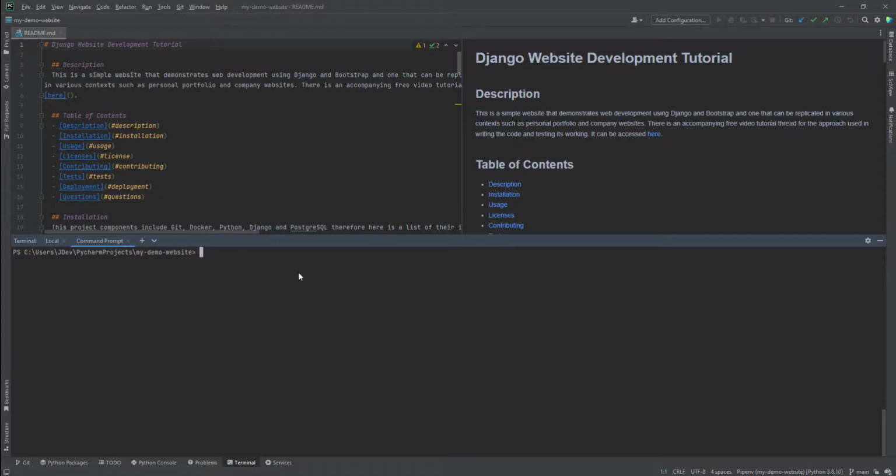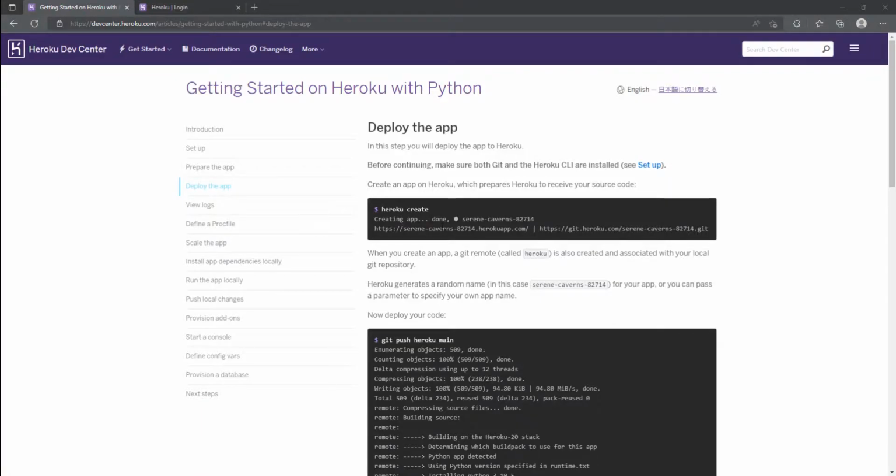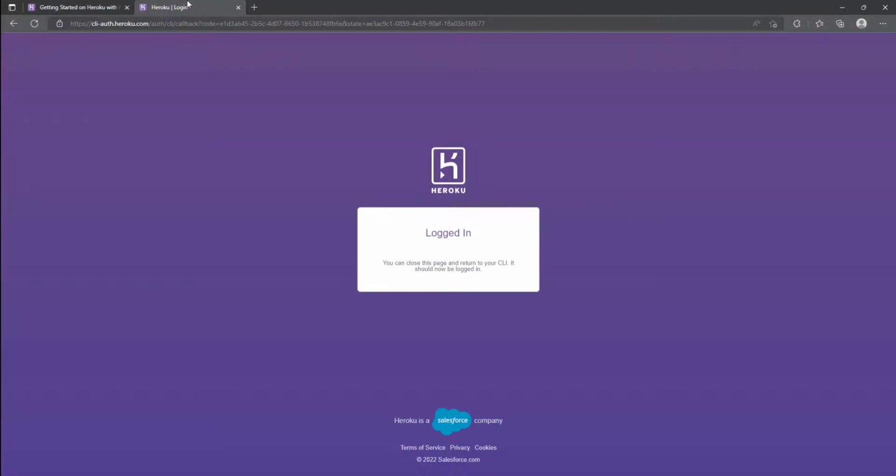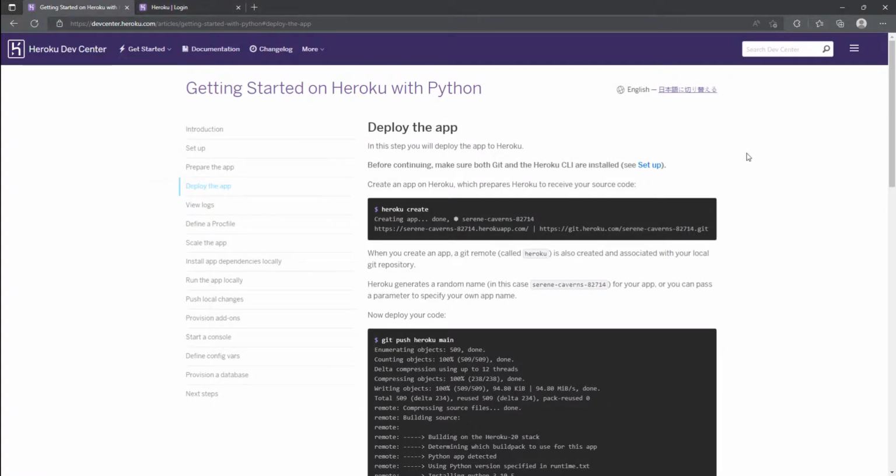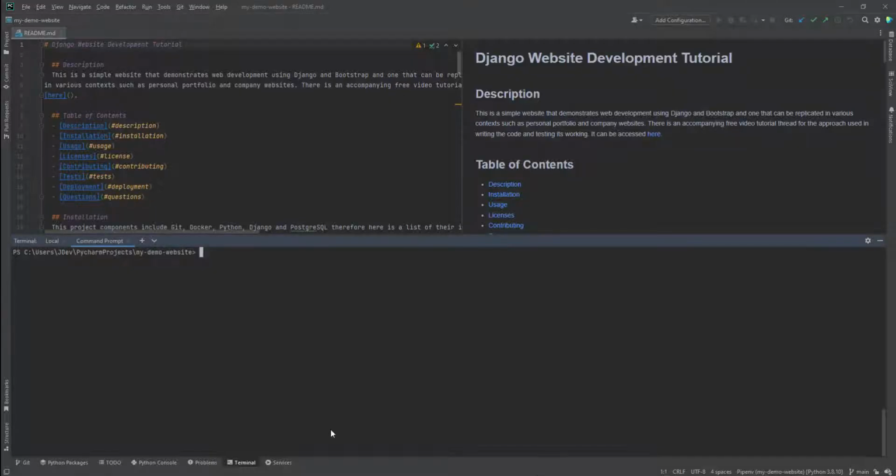So the next step will be creating an app, and you can check this inside the Heroku documentation to understand. To be specific, we have this Heroku create. So we're going to create an app on Heroku. So far, I'm going to check which apps I have. I think I have one, but let me go back to the command line. So I'll do Heroku create. I'll just call this my website,